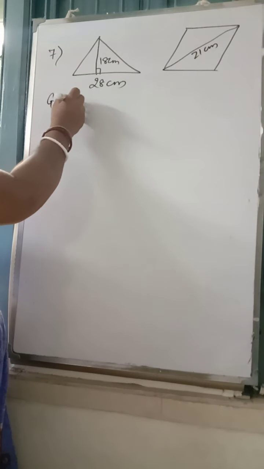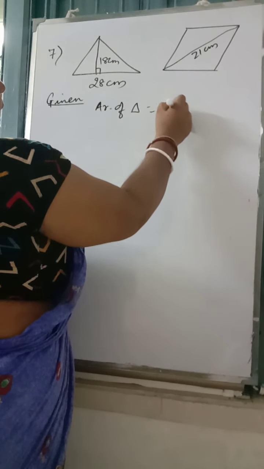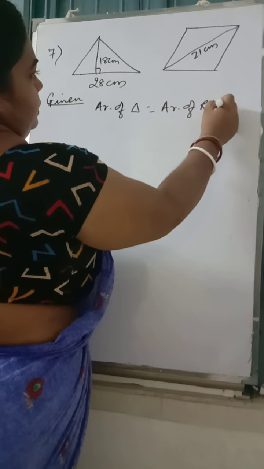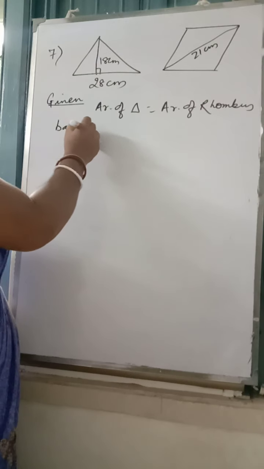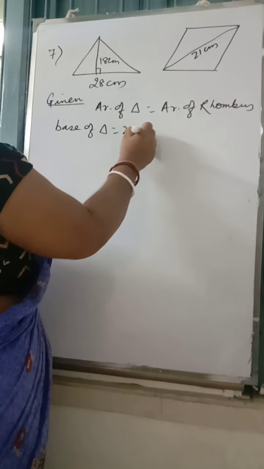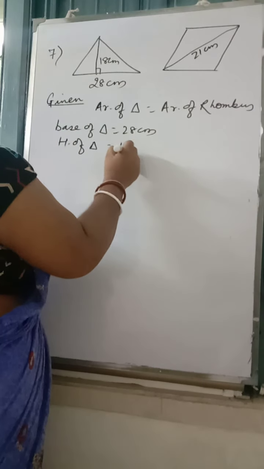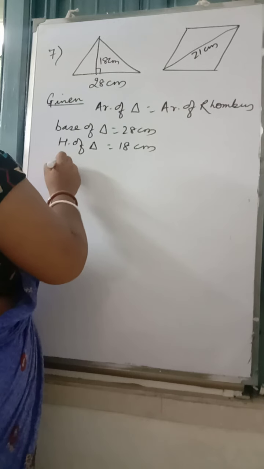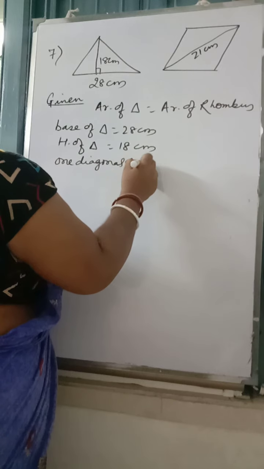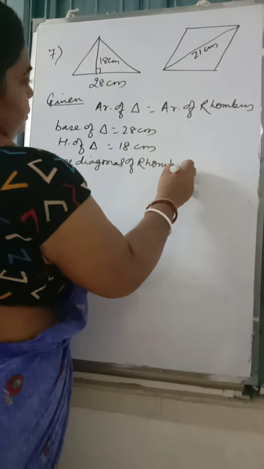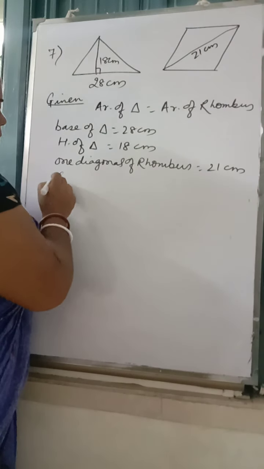Given: area of triangle is equal to area of rhombus. Now the base of the triangle is 28 centimeter, the height of the triangle is 18 centimeter, and one diagonal of the rhombus is 21 centimeter. Okay. Now the solution is,